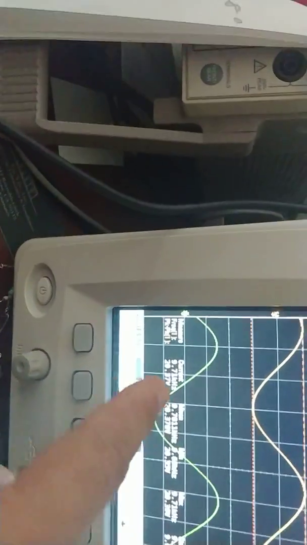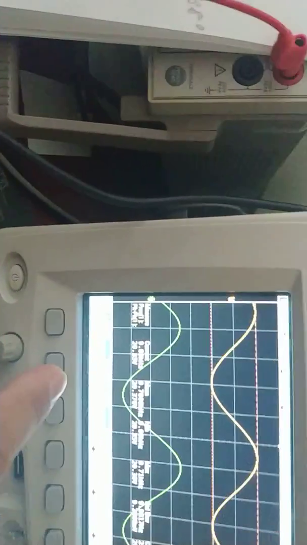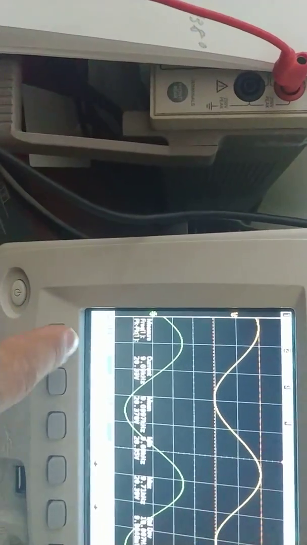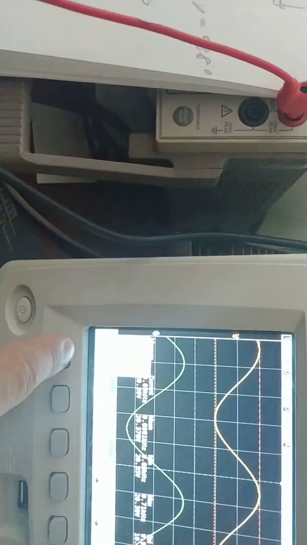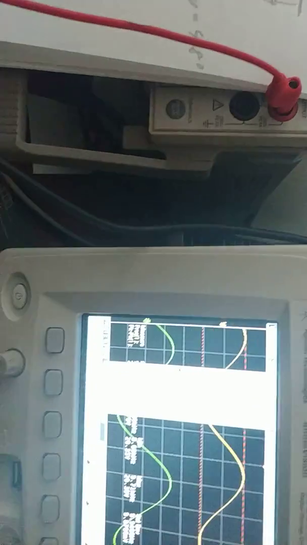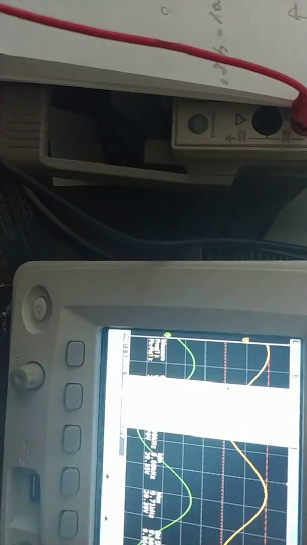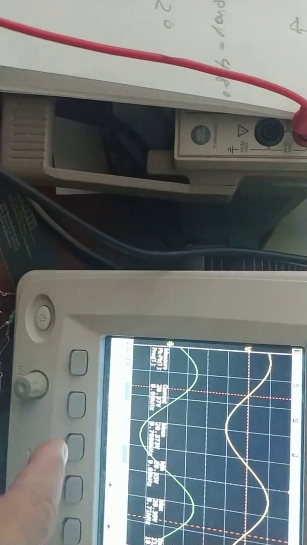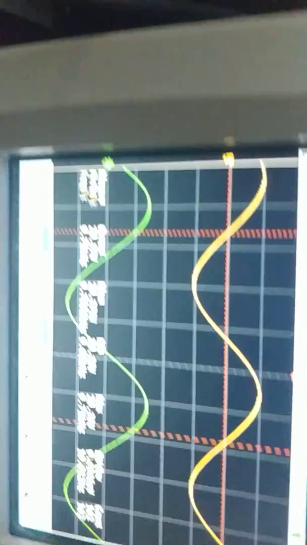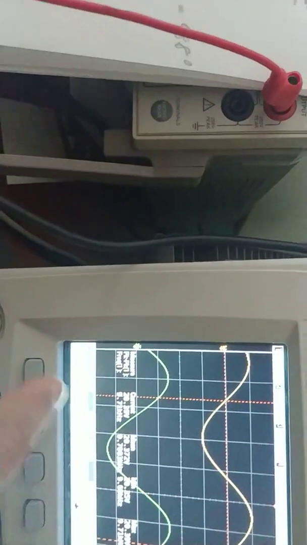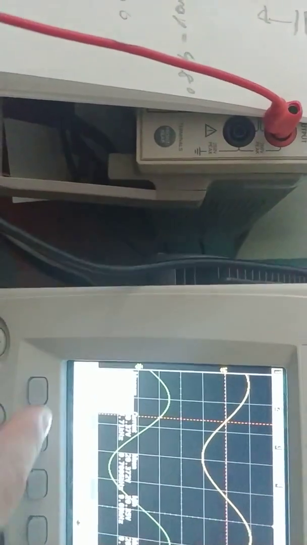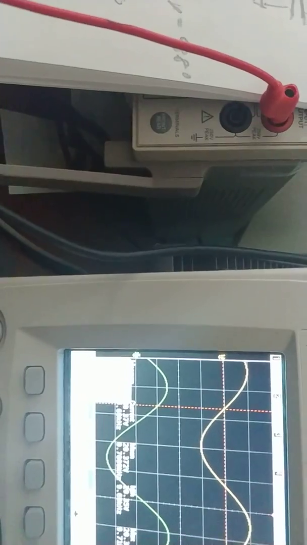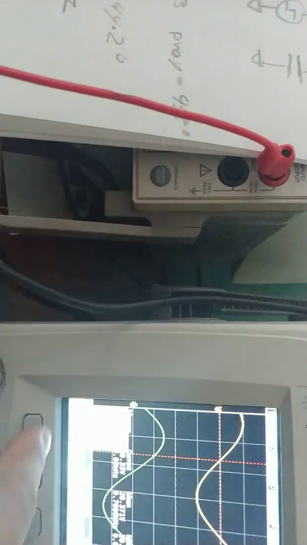It's got some measurements already, but what you want to do is measure the frequency. You click on source 1, then you move this knob and then just say measure frequency. Then you need to measure the peak to peak of that, because some scopes don't have a ratio. So I'm just going to say measure source 1,